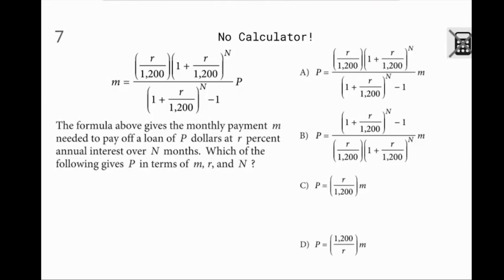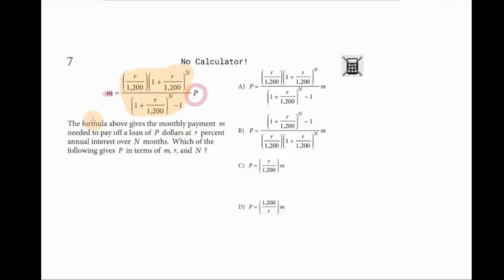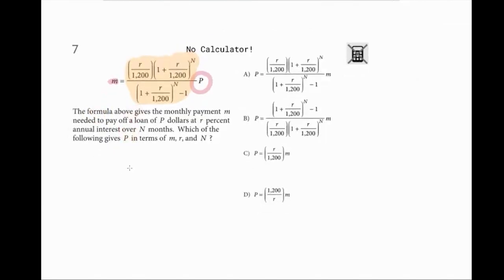So we're solving for P here, and it's solved for M right now. So what we need to do essentially is get rid of this whole thing right here. So we need to get rid of all of this. So we need to divide both sides by that essentially. When you divide both sides by that, you're going to end up with M divided